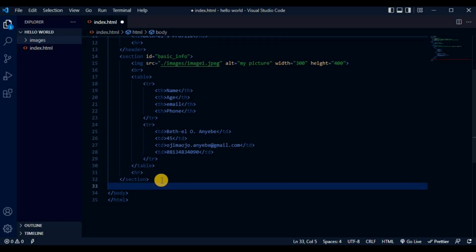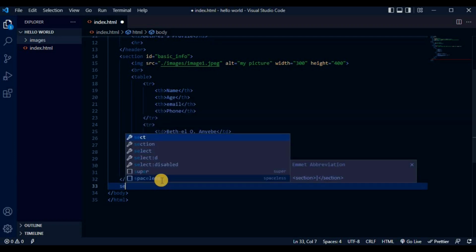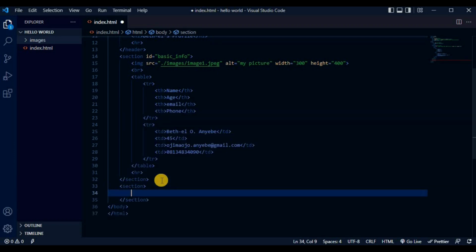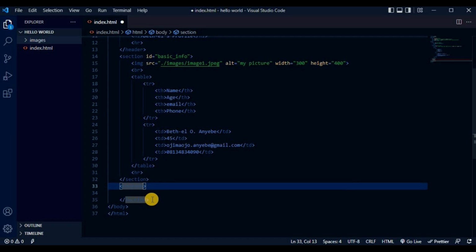I guess we're doing more justice to this semantic elements section, and this section will have a class of basic lists. So here I'll just put